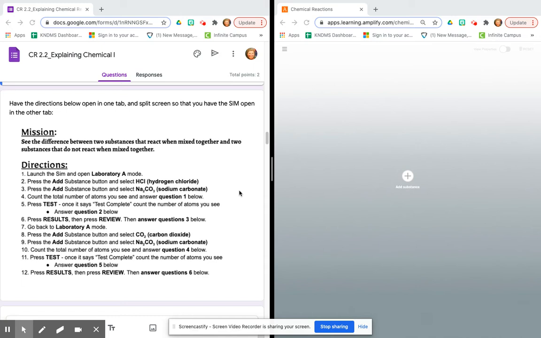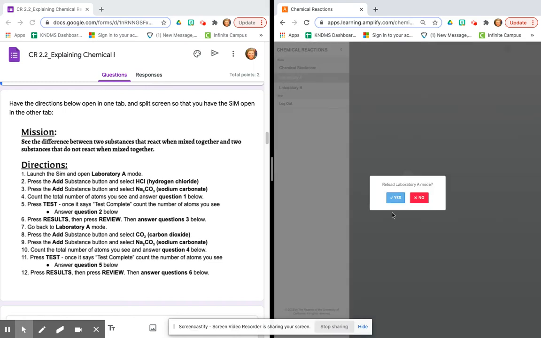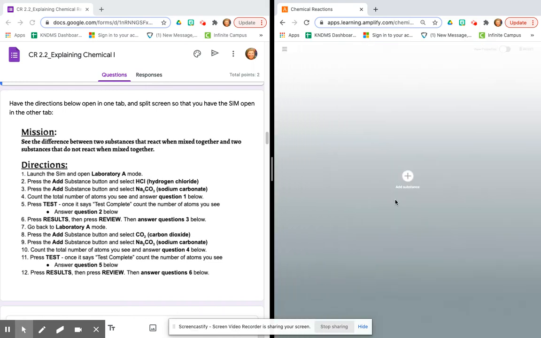What I want to walk you through are the directions that you see on the left side of your screen, the directions for the sim. Once you're done watching this, I would go ahead and maybe split screen to walk yourself through these directions. It first says, launch the sim, laboratory A mode. I already did that. I'll check over here to make sure it's in A mode. Yep, cool. Then add the substance